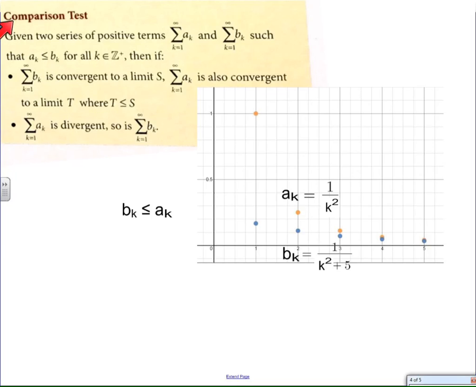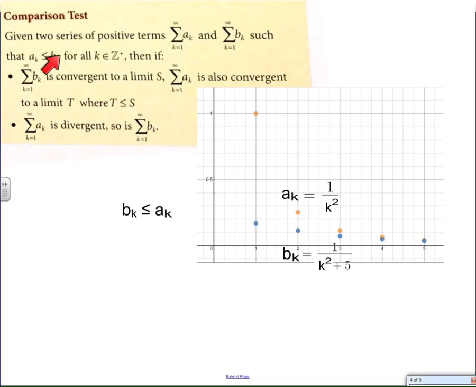The comparison test says, if we have two series where they're positive terms, so we're not going to worry about negativity just yet, so we've got this particular series and that particular series based off of the sequences a sub k and b sub k. If we know that all the values of a sub k are going to be less than or equal to all the values of b sub k for all of the k in the positive integers, that is to say, this sequence is going to be smaller than that sequence, a sub k, b sub k, then we can say